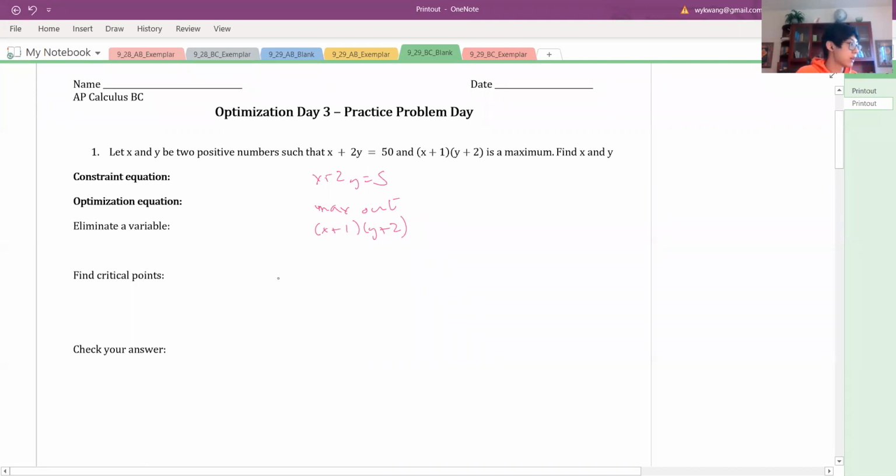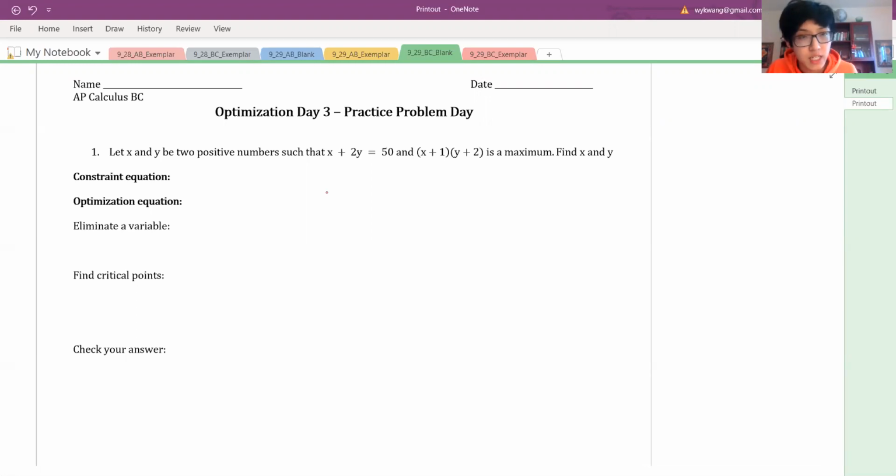But I'm going to give everyone 20 to 30 seconds just to get the problem down on paper. Okay, so